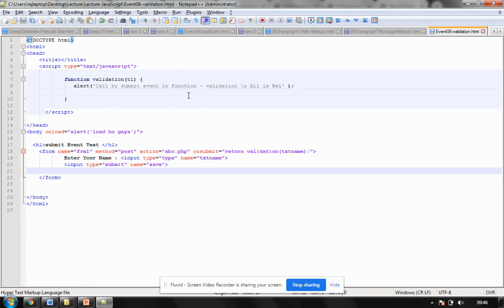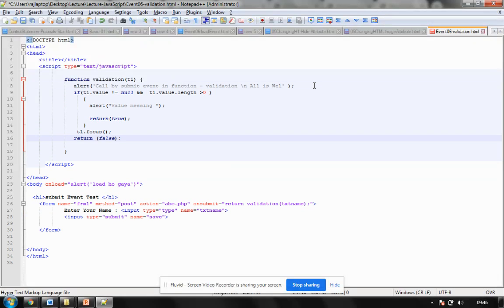Now, in case of validation, what should happen? When things are not working properly, it should not move to the page. In that case, we return false. And to indicate we are returning false, and that is going to have a return value, you have to use this return statement. And this is very important. So if things are working very fine, I'll be returning true. If things are not working fine, I'll be returning false and position my cursor there.